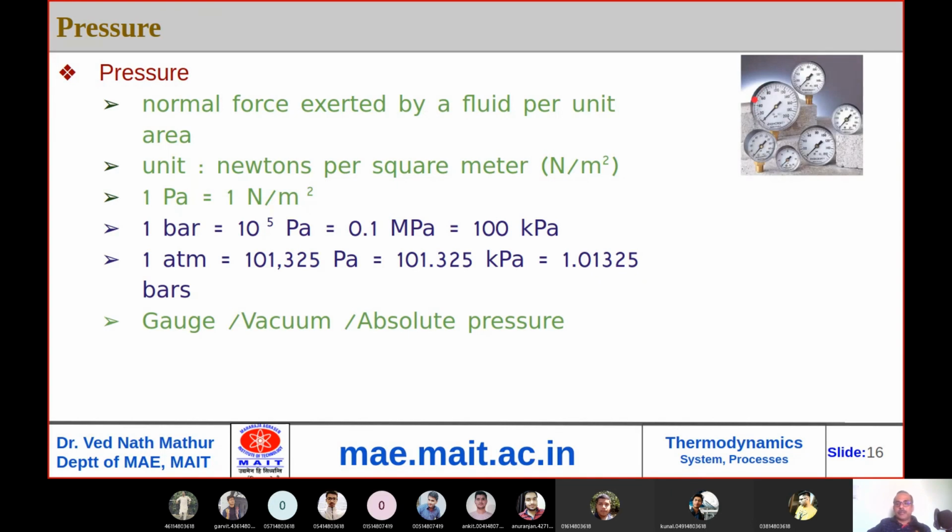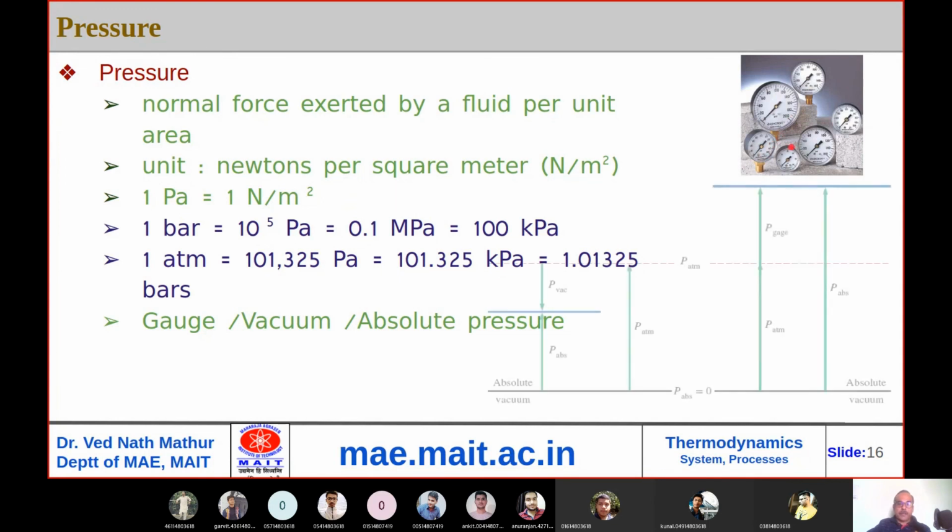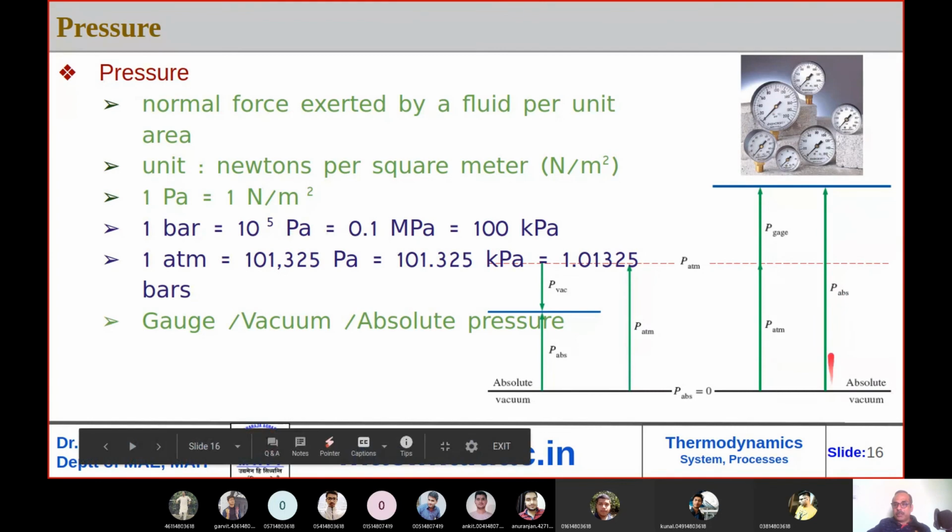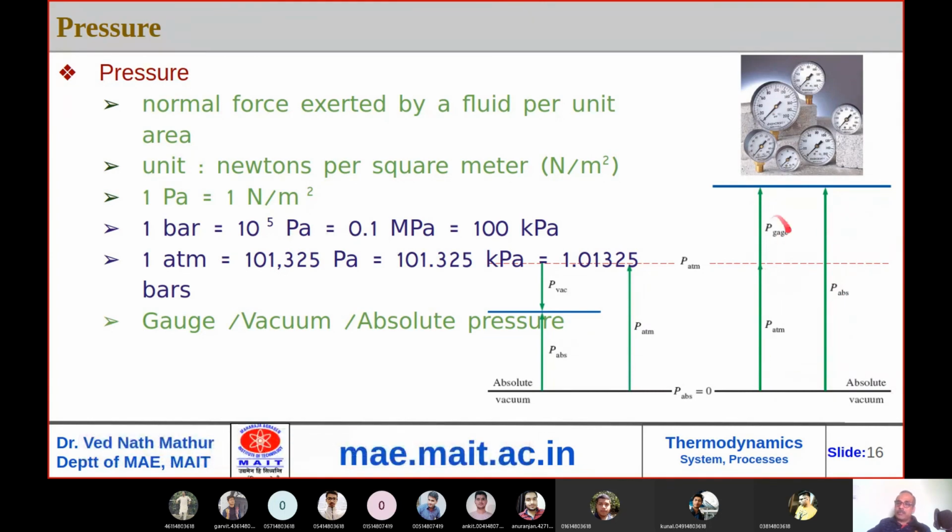Now all those instruments which measure pressure measure gauge pressure or vacuum pressure. This is not the value of pressure which we use for calculation, say, in the gas equation. So this is pressure with reference to the atmospheric pressure. If you assume this red color line as the atmospheric pressure, then what this instrument is measuring is pressure above atmospheric pressure. So absolute pressure would be equal to atmospheric pressure plus gauge pressure. Gauge pressure means pressure measured by the instrument.